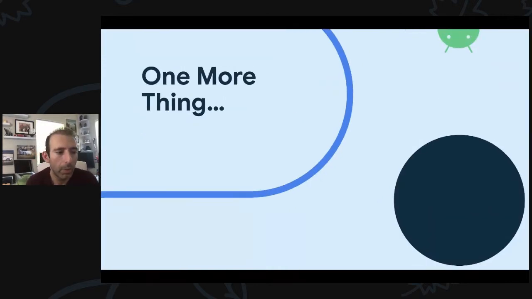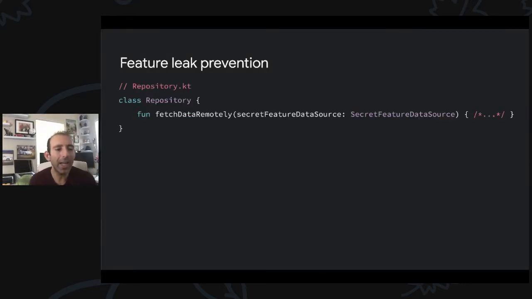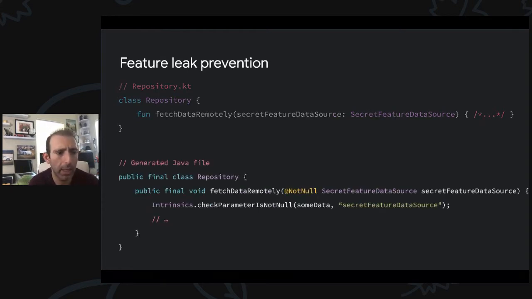We have one more thing. This is a very interesting topic, feature leak prevention. This is kind of a side effect. Let's take a look at a function in Kotlin. Here, the name parameter is passed to Intrinsics for checks, and because this name is passed here, ProGuard will not be able to strip it out and